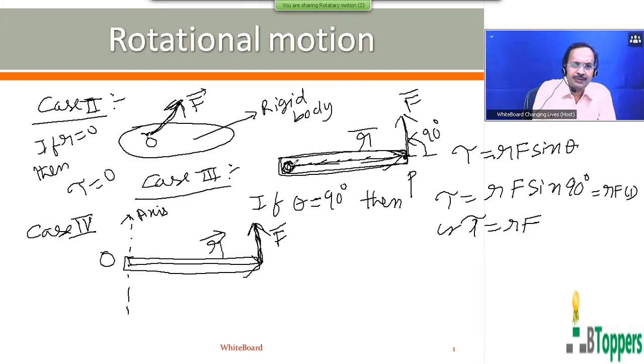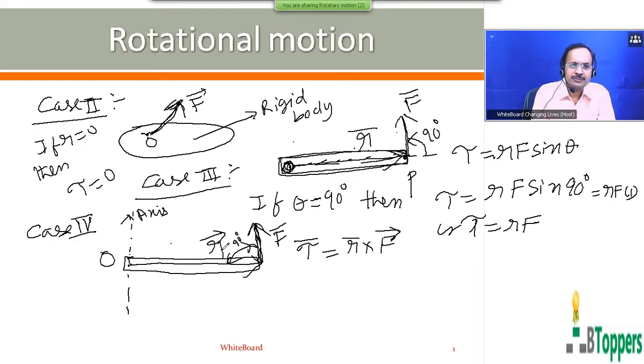This situation is different from the previous case. In the previous case, case 3, the body is capable of rotation about the axis perpendicular to the plane of the diagram, that is, perpendicular to the plane containing R bar and F bar. Here, suppose one of the forces acting on the body is parallel to the axis of rotation, then the moment of the force F bar, which is defined by the equation R bar cross F bar, acts perpendicular to the plane containing R bar and F bar.